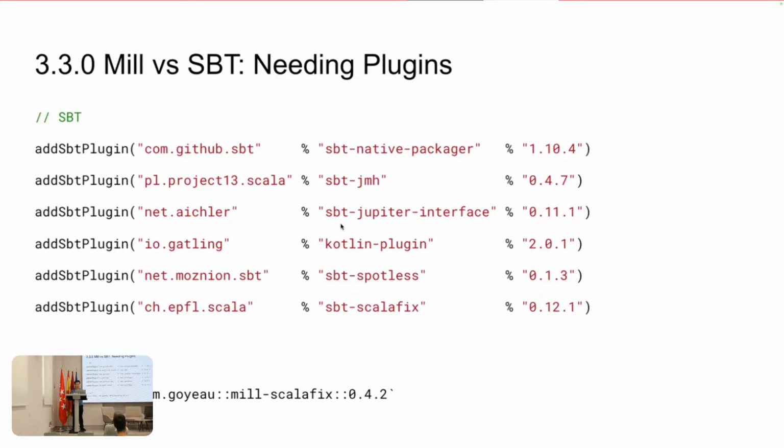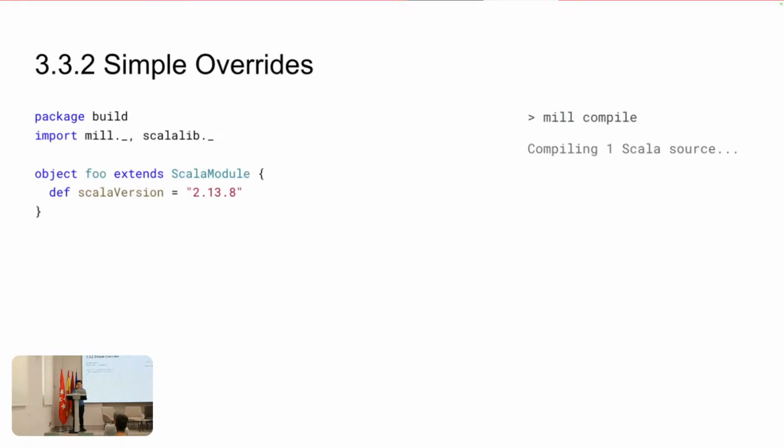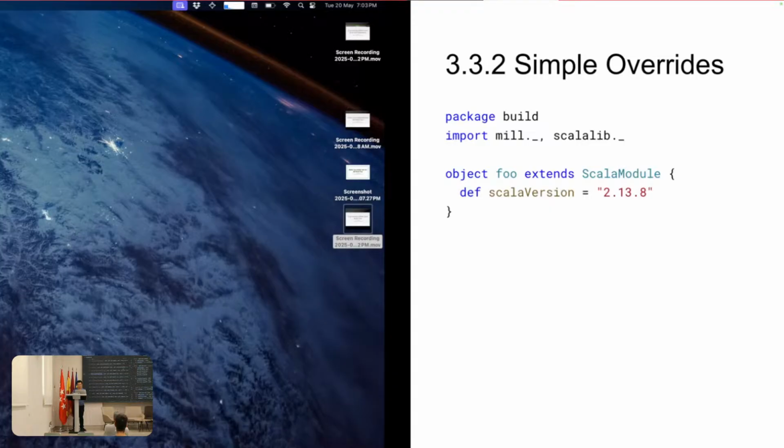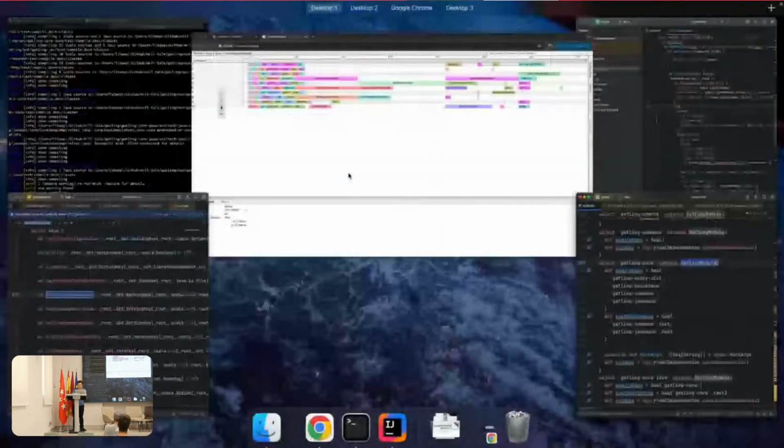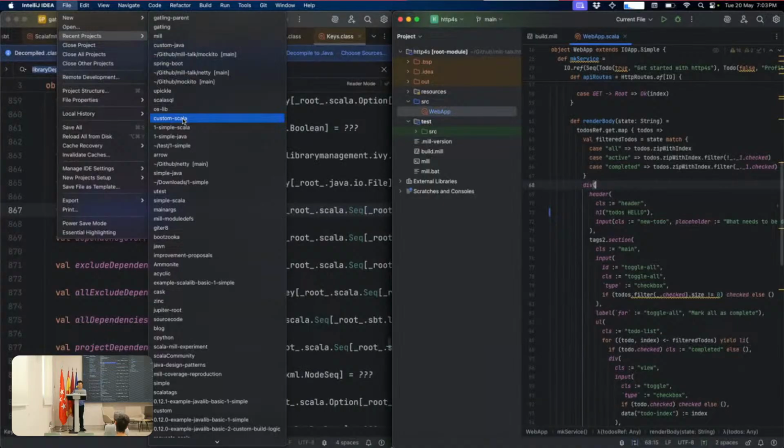So sometimes you do need customization though, and the difference with Mill is that if you want to customize your build, you often don't need a plugin to do it. You can just do the thing in your build directly, and I'll show you what that means. So if I open up, let's find the right project, if I open up custom Scala here,